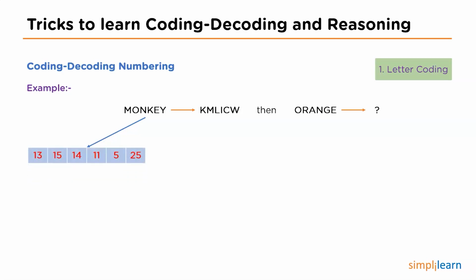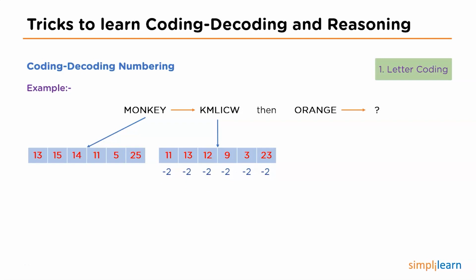Explanation. To solve this, we have to keep in mind that every alphabet has a specific number. So in the given question, we have monkey. The code for monkey is M is coded as 13, O is coded as 15, N is coded as 14, K is coded as 11, E is coded as 5, and Y is coded as 25. In the same way, K, M, L, I, C, W is coded as K is 11, M is